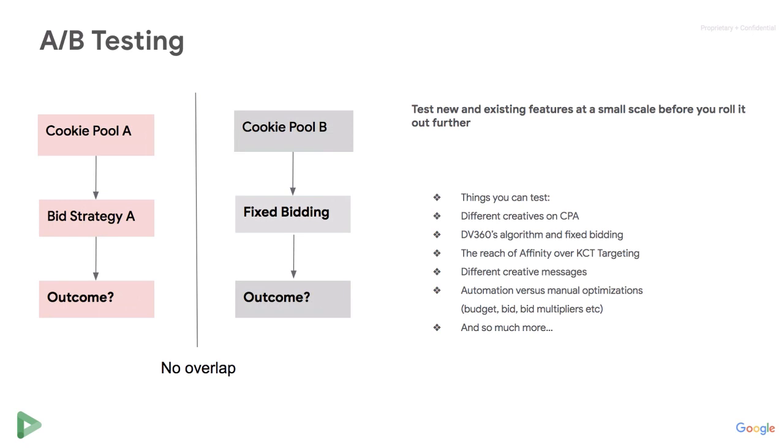As an example, I am a woman and I'm interested in music. So if I want to set up an experiment to test if demographic audiences are working better or the affinities are working better, you would need to have those 2 different groups. And what the experiment does is basically, I'm only going to be served an ad one time, either as a demographic or as an affinity. I will not be served this ad 2 times because the system in the background split those